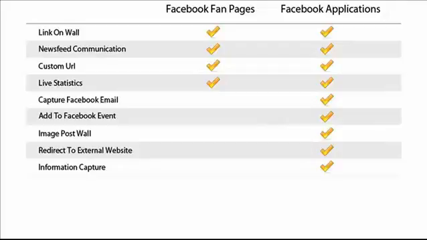Now they can opt out, as Jason said, they can change their proxy, but people are not doing that because they use applications for games. They're used to going through these applications now, and they find it's not a big deal to go through these applications and give up their email. And also we have the ability to tap into Facebook events, images to be posted on the wall, redirects to external websites. So unlike a fan page, we can actually take people directly from Facebook within a couple of clicks